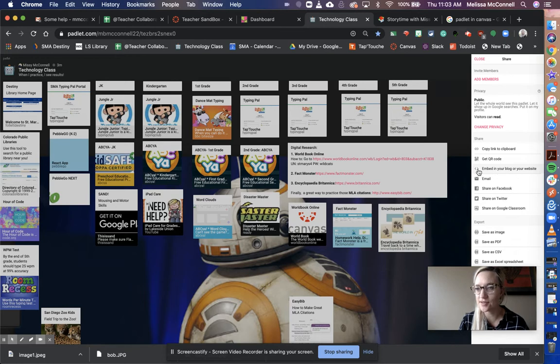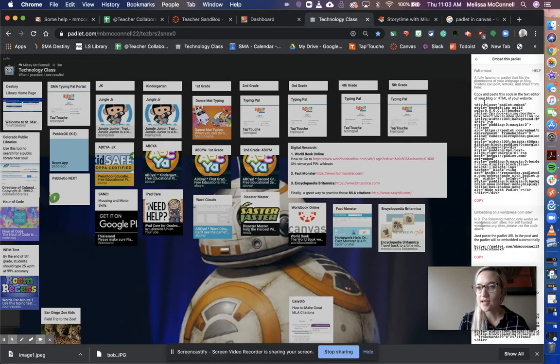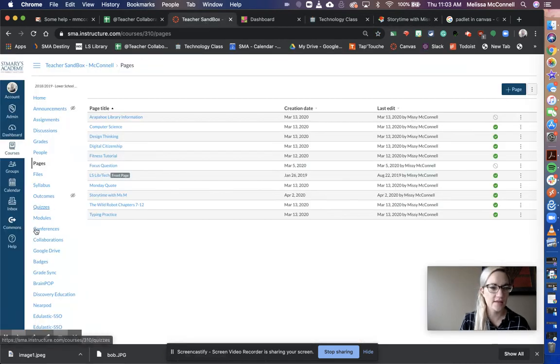It has these two little carets. Click on that. You're going to want to get this first chunk of code. So it's a huge chunk of HTML. And don't worry about it. It doesn't matter that it makes no sense. Just click copy. Then you go to Canvas, and I'm going to go to modules because I want to add